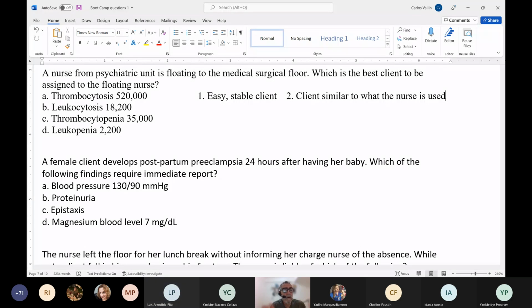Aspirin or Plavix. Aspirin or clopidogrel, and both are tablets. So this is a stable patient, because high platelets don't present any symptoms or any problem, unless in the future, as a risk factor, they develop a clot in any part of the body. Could be in the brain, in the heart, wherever. So what the doctor is going to order for a client having thrombocytosis is aspirin or clopidogrel, because they are the antiplatelet aggregation medications. Do you agree with me?